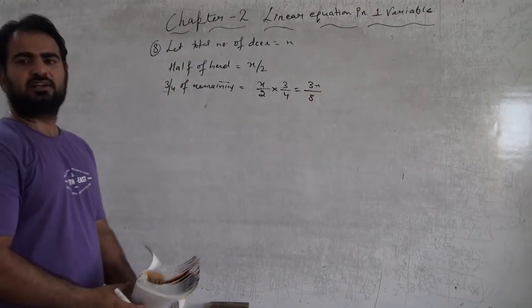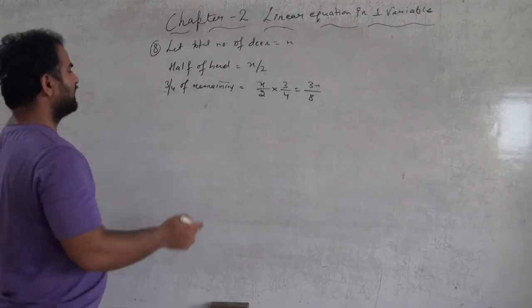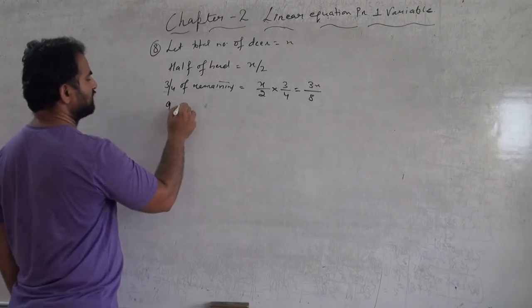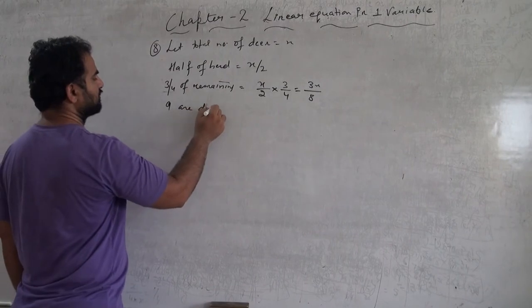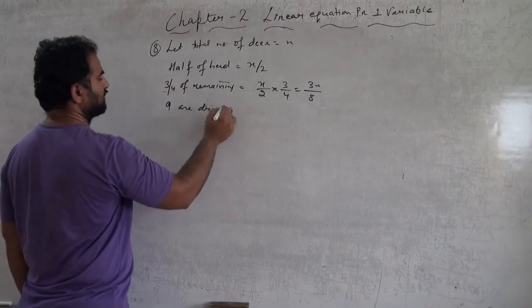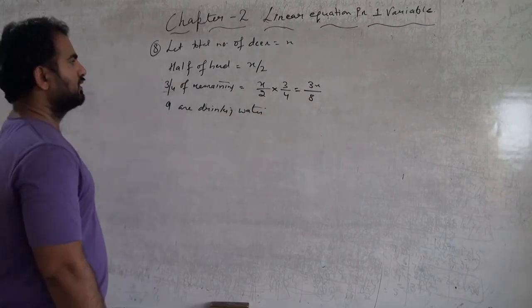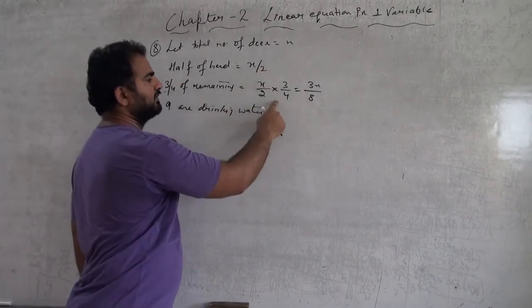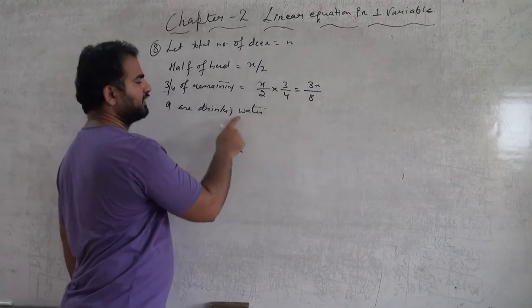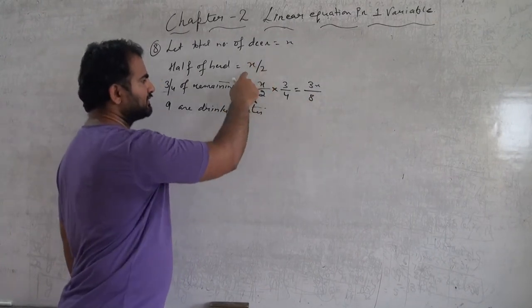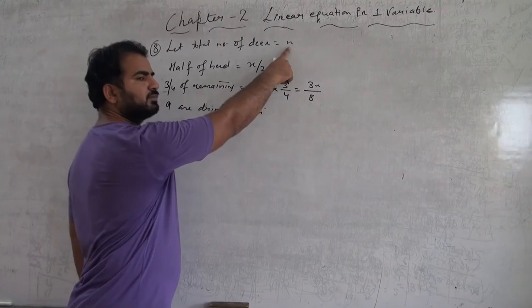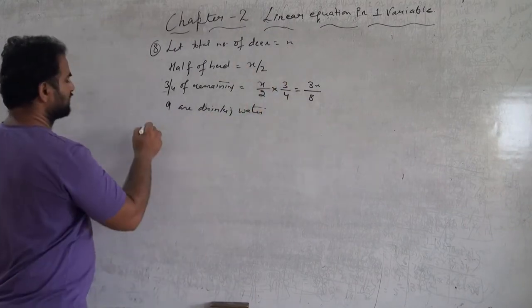3x upon 8 are grazing in the field, and 9 are drinking water. Okay, so half was there, remaining 3/4 of the half is there, and 9 were there. So the total of this and this will be equal to the total number of deer. So we can say, according to the question,